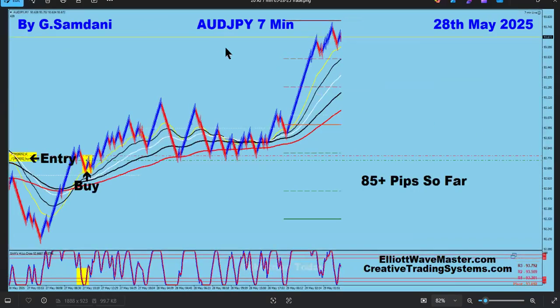And this is for 30 pips, straight drop here, 30 points. 30 pips, right? And then Aussie yen 7-minute, beautiful entry here, and 85 pip to the upside on the 28th,